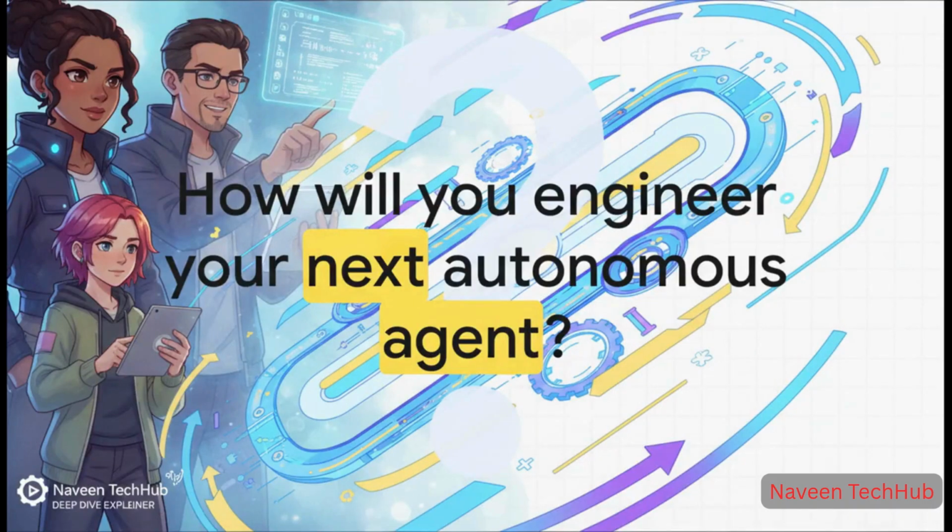So here's the big question for you. How will you engineer the context, harness, and loop for your next autonomous agent? Start thinking way beyond just the prompt. Think about how you'll build the information pipelines, the execution boundaries, and the iteration cycles to make your AI agents